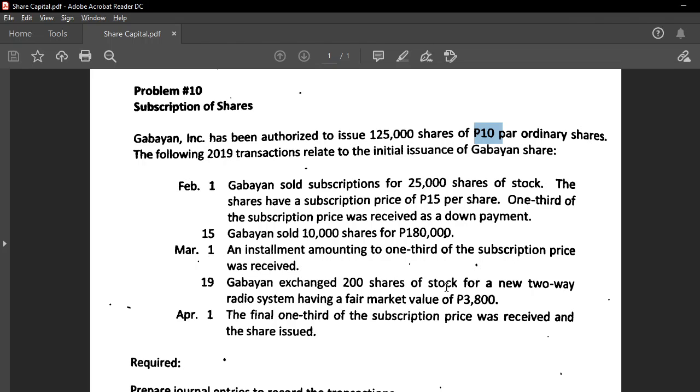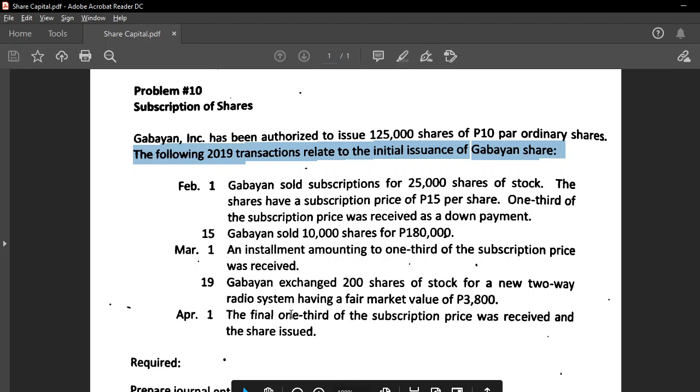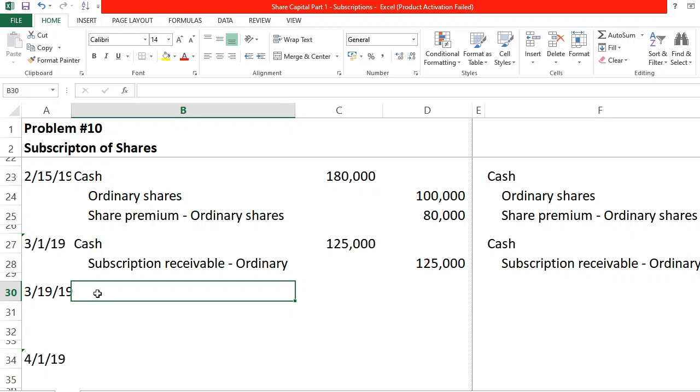Next, let's have March 19. Gabayan exchanged 200 shares of stock for a new two-way radio system. So, we are going to record this at fair market value because sinabi niya may fair market value na 3,800. Now, question, unsa man ang i-debit ni ma'am? Okay, so let's have this statement. The following 2019 transactions relate to the initial issuance of Gabayan shares. So, ibig sabihin ang two-way radio system has something to do with the initial issuance of your shares. And if that's the case, we are going to record it as